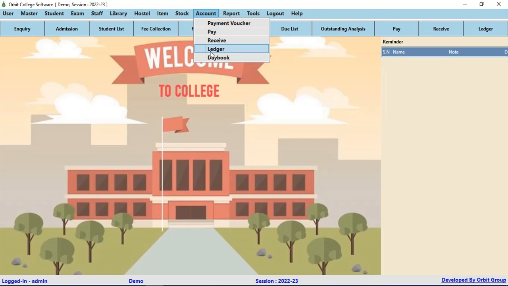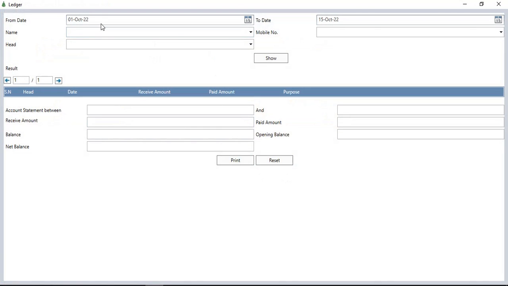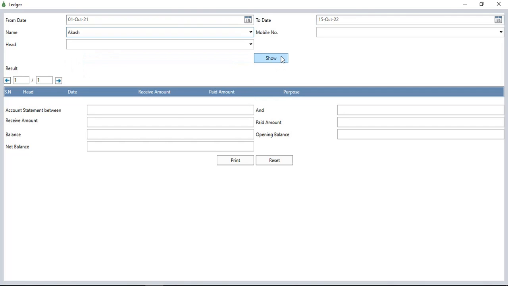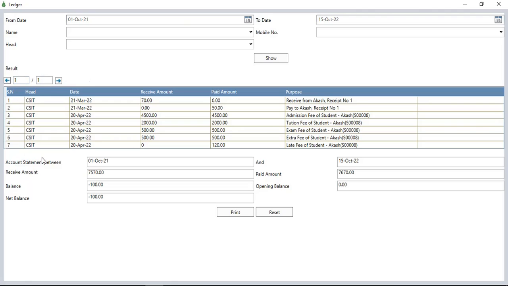And you can check the ledger of any person according to the date and name. Click on the show button to check the ledger. Here you can see it is showing the details like head, date, receive amount, paid amount and purpose. You can see the account statement between the date, receive amount, paid amount, balance, opening balance and net balance. You can print the ledger